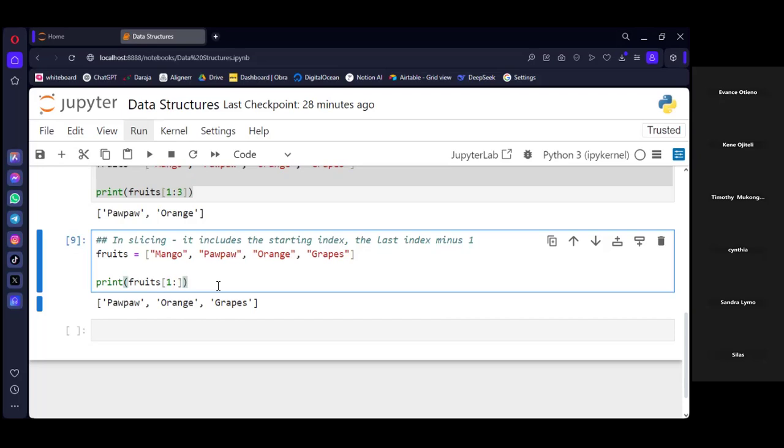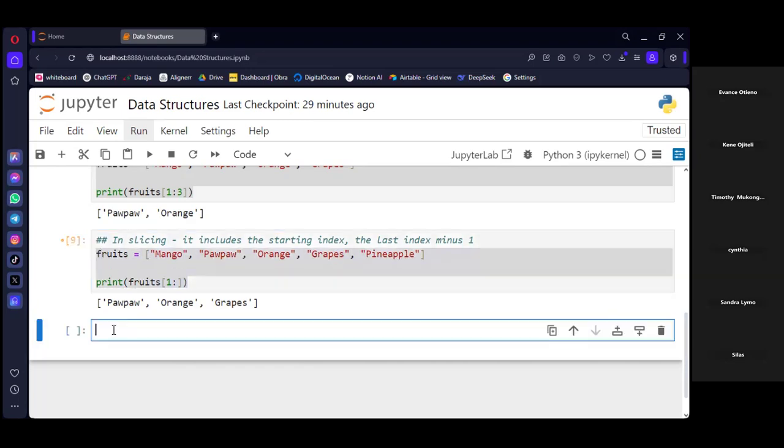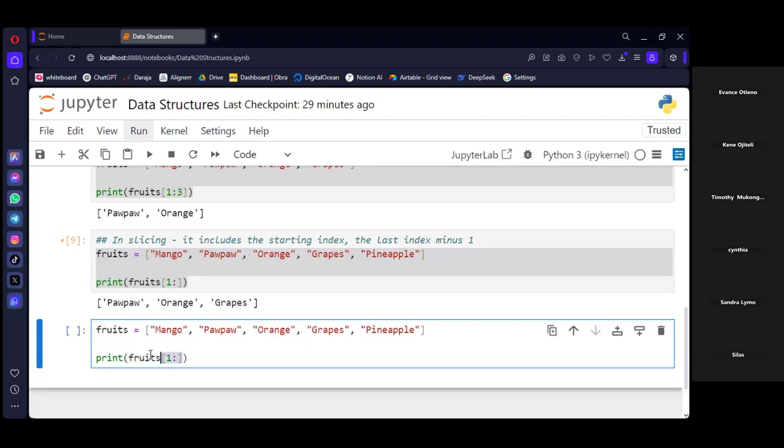Yeah, so now I want someone to give me an example or a code that I can use. Let me add in here pineapple. So there's this code there, and there's also this list.